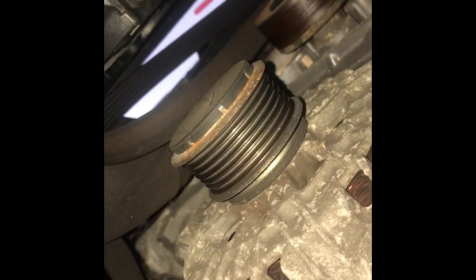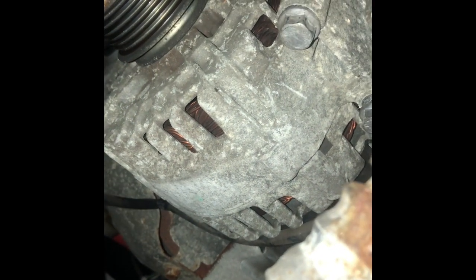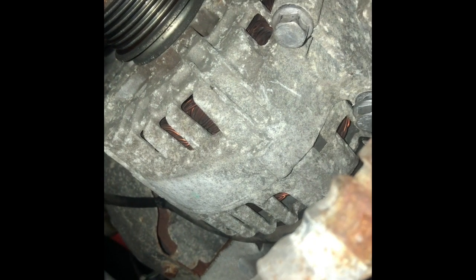So I went underneath the car. You see, I took the belt off already. And I put my screwdriver like right here as the car was running. Put my tip of my screwdriver here, and I just took my ear and I put my ear on the other end of the screwdriver. And when I tell you this thing was whining so loud, it was like super loud. And so basically, to remove it is 4 bolts, and it's hard to see